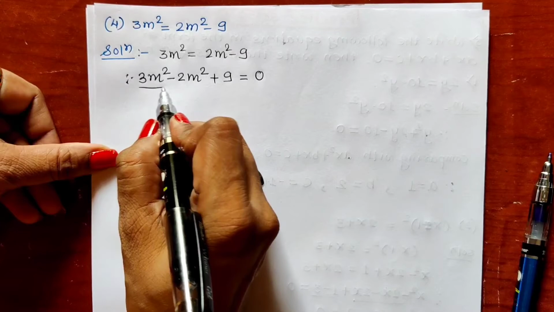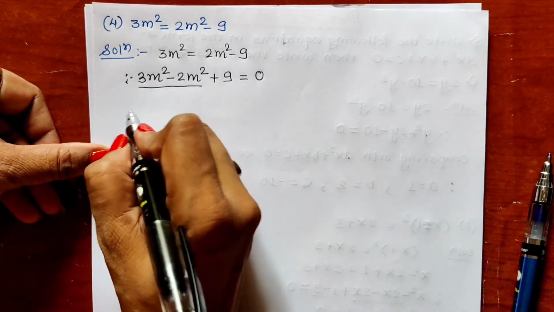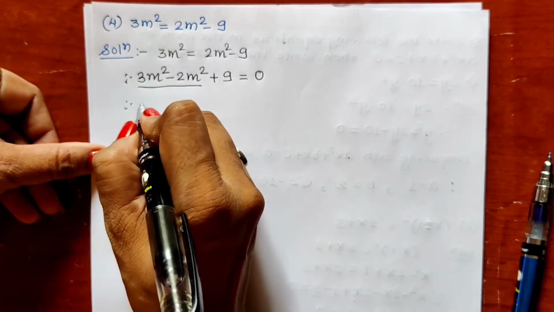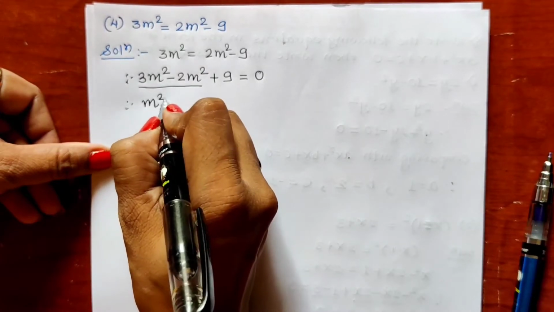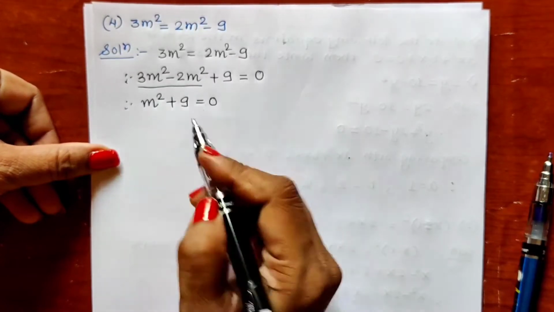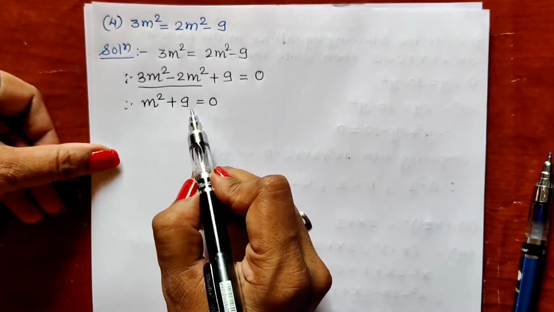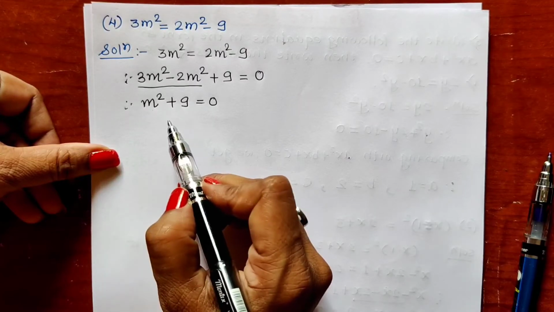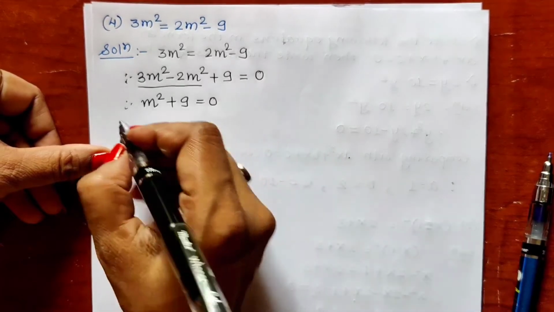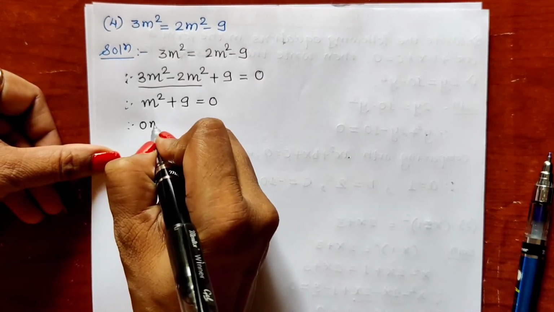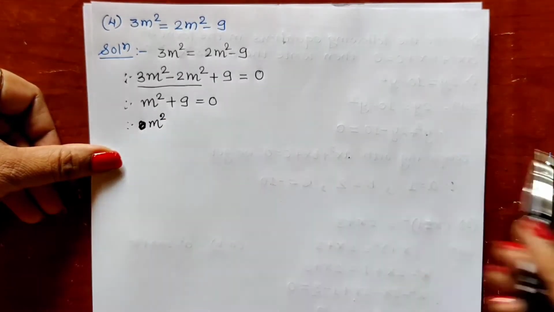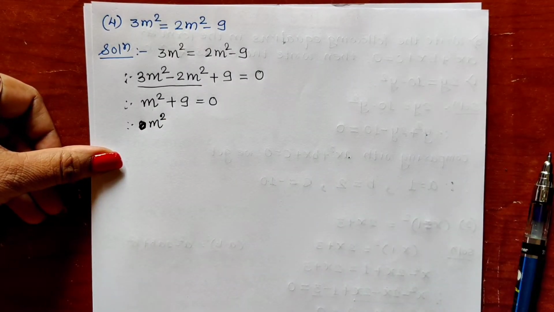So these are two like terms, m square terms. They are the same terms, so we can subtract them. 3m square minus 2m square is 1m square. 1 we don't write, only m square we will have to write. m square plus 9 is equal to 0. See children, the square term is there, the constant term is there, but the middle term is not there. The middle term is missing. So when any term is missing, we write it with 0. So write 0 m square, sorry, m square, let me make the correction.